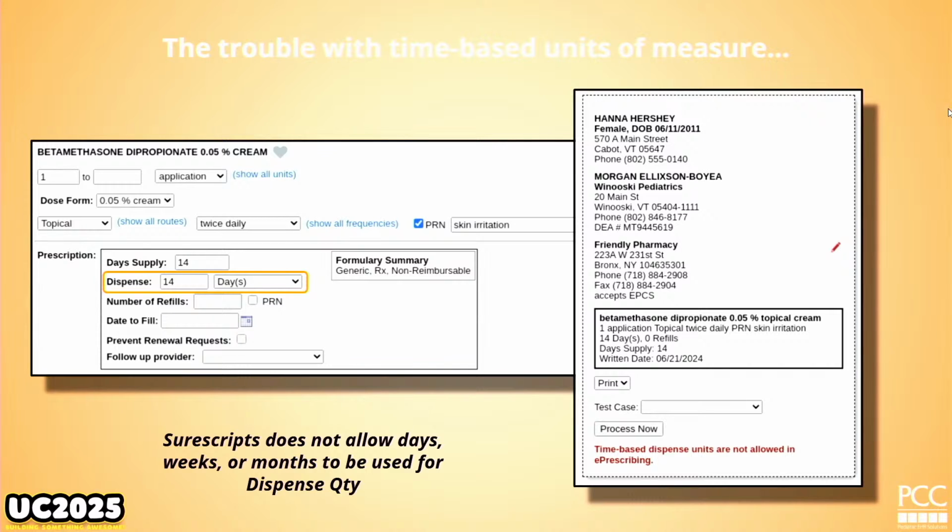SureScripts says hard no. You can remove those from your options completely, but you might want them for speech therapy and things like that. So you have to decide where you want to give up having that option. But that's an easy one. That's what's going on there. You will see this a lot with the topical treatments.